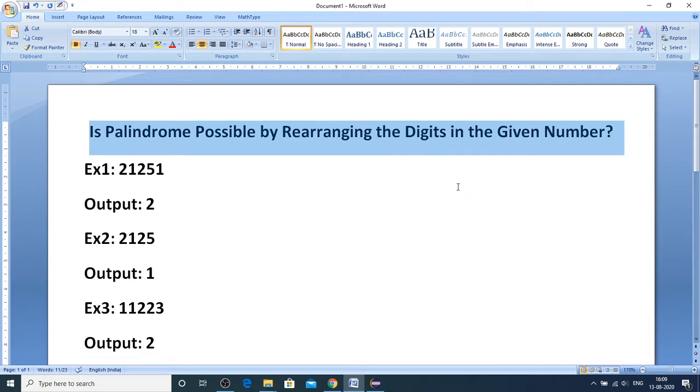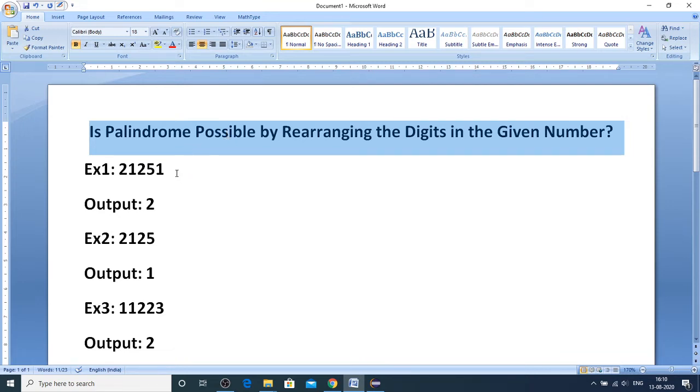And we will be given a function where the input will be passed as argument, and we need to consider that input, and we need to build our own logic by rearranging the digits and then checking if palindrome is possible with rearranging the digits in the positions. And then if palindrome is possible, we must return 2, otherwise we must return 1. So this is the problem. It's very simple to understand, but most of them will fail to implement it because of the time duration whatever that is being given.